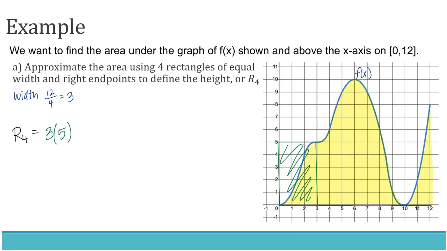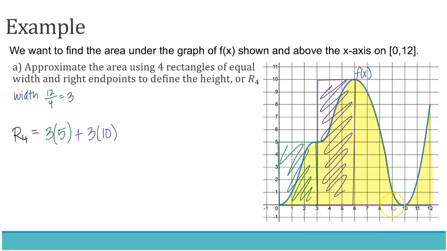Now we're going to move on to the next rectangle. That extends from x equals 3 to x equals 6. 6 is the right side of that interval, so I'm going to define the height at the x value 6, which, I missed a little bit, is going to take me up to the y value 10. And so that's going to define my height. So my next rectangle has a base of 3 and a height of 10. So we're going to add 3 times 10, and then we'll move on to the third width extending from 6